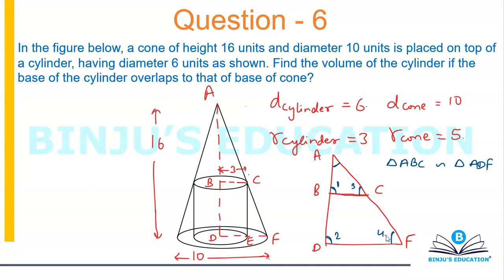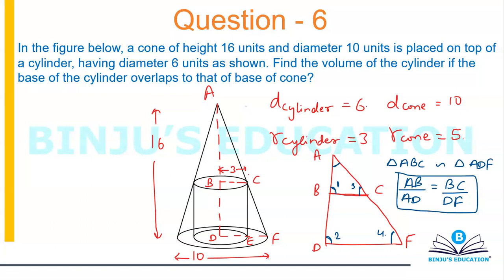Alright, so if ABC is similar to ADF, you can go on saying that AB divided by AD is equal to BC divided by DF, which is a very important conclusion. Let's not generalize it, let's keep it as it is, that it's easier. So we get AB divided by AD is equal to BC divided by DF.